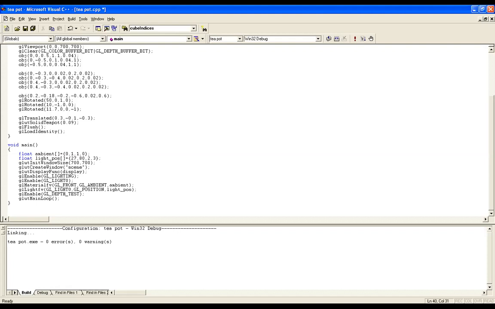Okay, the ambient is very clear. It's the most basic and it gives a uniform sort of color to the object. And what are the properties here? RGBA. Okay, so the second property is called light pos. What does this property say again?